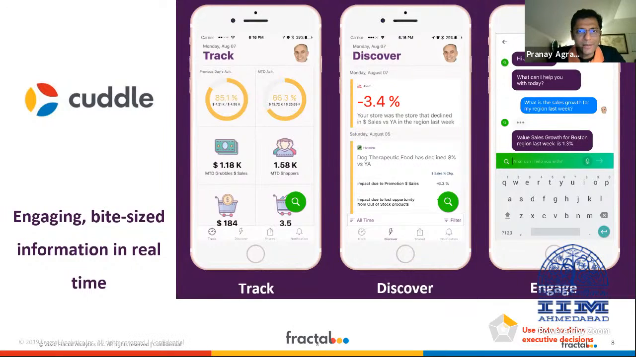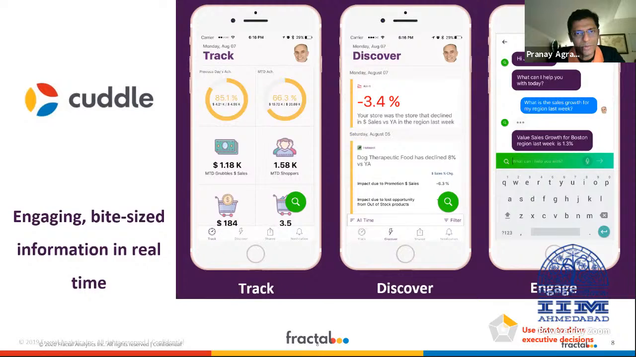Second is that CPG companies also find that their salespeople don't have a very good idea of what is the right product to sell in which store. Because there are hundreds of SKUs, I don't know when I'm going into a particular store what is the right product to offer. And very often, the products at the top of their sales booklets are the ones that get sold. So if you look at this application called Cuddle,